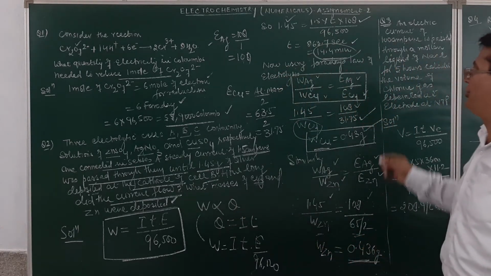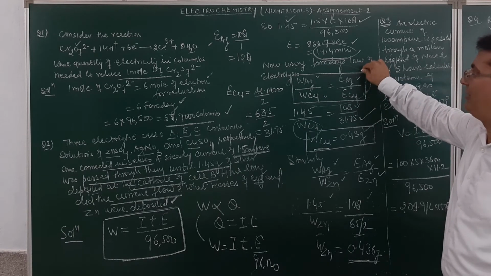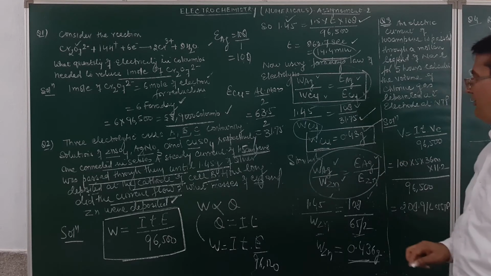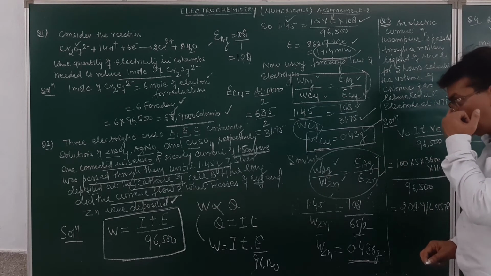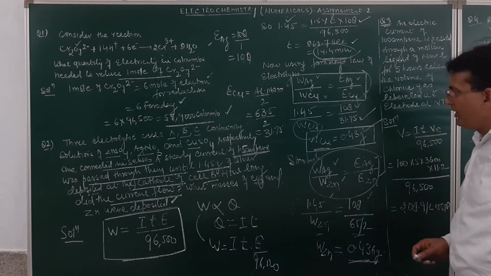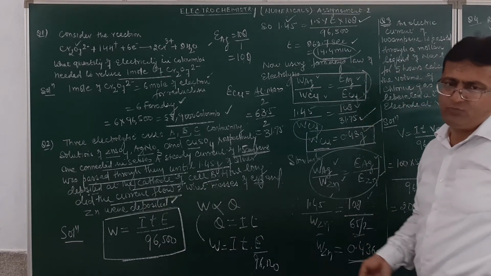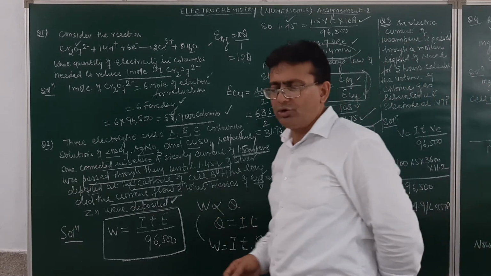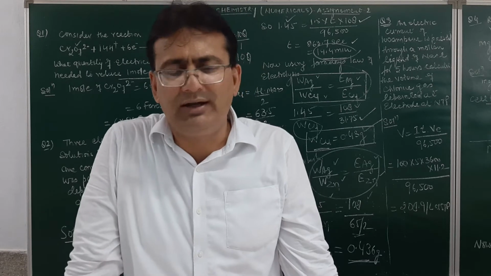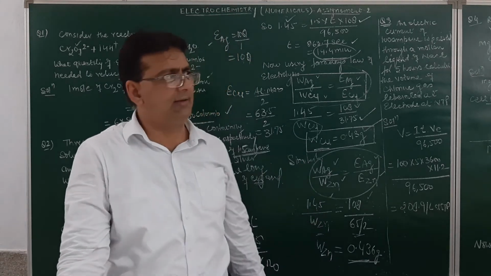So first of all, we took the two parts which were connected in series and containing the silver and the copper electrode. In another case, we took another one, connected in series and having zinc and silver electrode. We substituted their masses over here and obtained the desired answer. I think these two questions based on Faraday's law of electrolysis must be very clear to you. These are the kind of questions which are generally asked in the board examination.